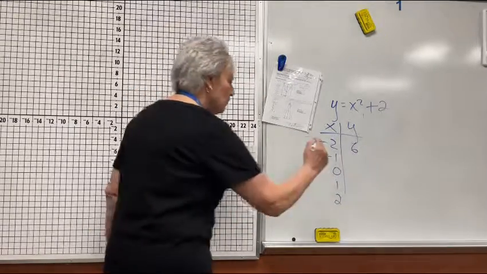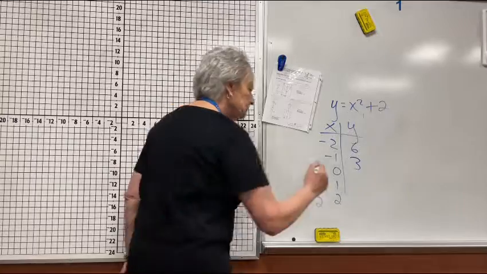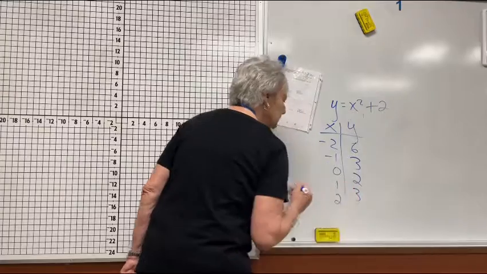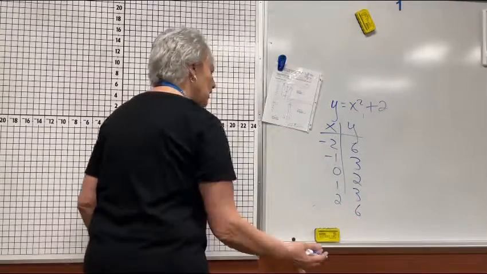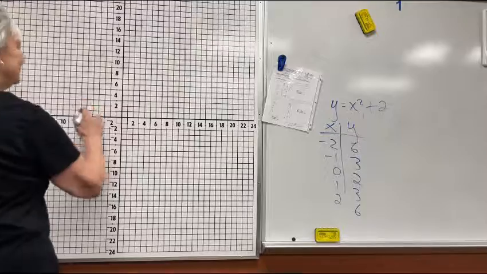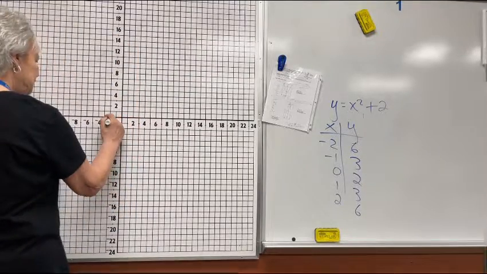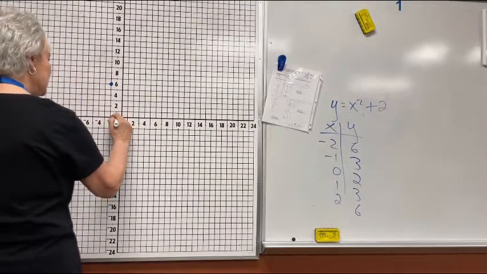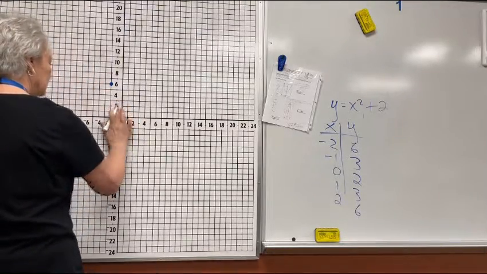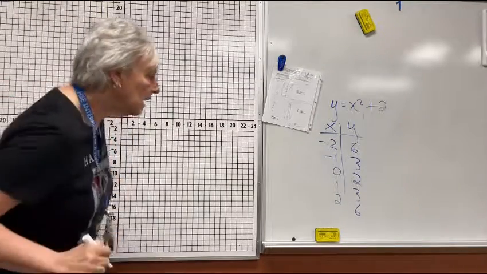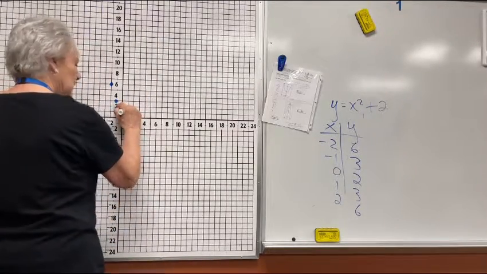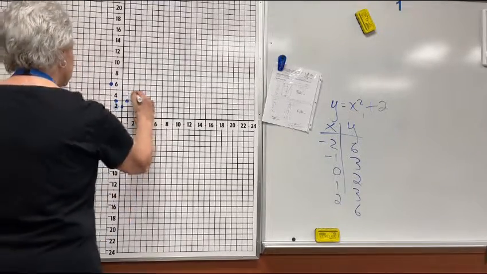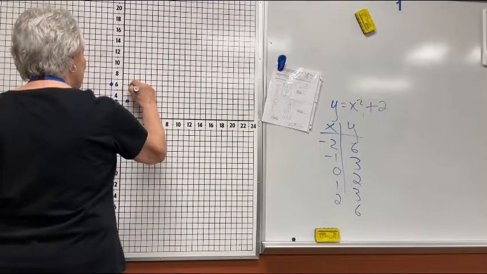-1, 3, 0, 2, 1, and 2, 6. So let's graph it. I hate this graph. These numbers are confusing. -2, 6, -1, 3, 0, 2, 1, 3, 2, 6. Now, what you're going to have to be careful of is